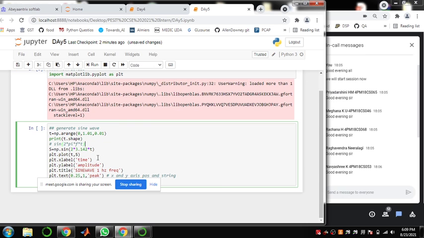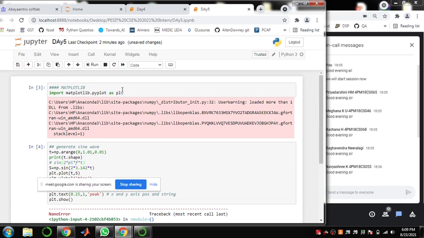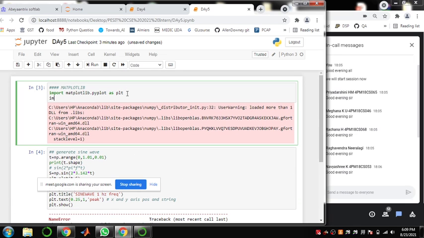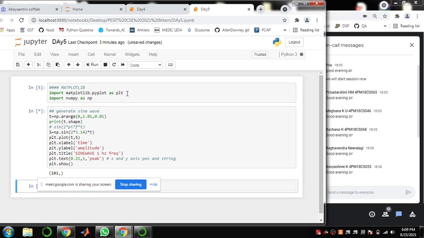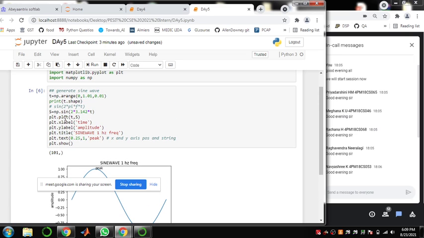Import numpy as np as well. Okay, so here is that plot, discrete version.